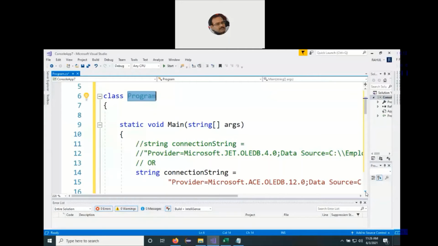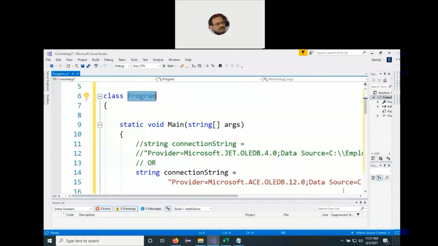Now why I'm repeating all these things again and again, so that you can have these things stored in your mind, that yes, when to use which kind of provider. What we used to call the drivers in the Java terminology, like JDBC always use the word drivers. We have got four kinds of drivers: type 1, type 2, type 3 and type 4 in JDBC. So they always refer to the word drivers. Here we will not use the drivers, we'll use provider. So internally they are drivers only, nothing else. But externally, the way the C#.NET terminology goes, they use the word providers. So we'll refer to it as a provider only.